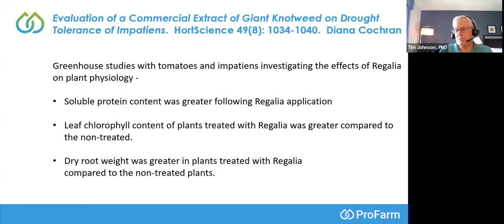And more interesting, especially when it comes to crop management, and I use the term crop management in my title instead of disease management, is that anecdotally when Regalia was being developed, we would sometimes see people report and see ourselves that plants that were treated with Reynoutria extract were greener, if you will. We saw a plant health effect. So in roughly 2013, 2014, Dr. Diana Cochran, who's now a professor of horticulture at Iowa State University, she was a student at Mississippi State, and Marrone Bioinnovations was interested in the effects of Reynoutria application on tomatoes and in patients under a variety of conditions, including